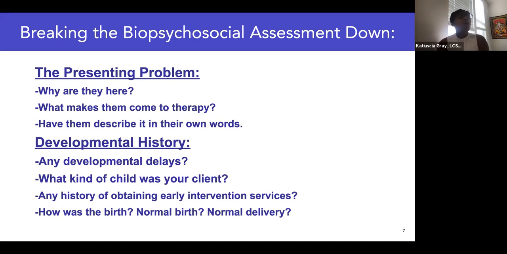As I said earlier, if they can't provide the information, maybe this is something that they need to go back and ask their parents. Can you tell me what kind of kid I was, right? Some people will know, some people will not. I always ask this question. Were you a highly sensitive child? Were you a highly emotional child? And I'll tell you why I ask that question.